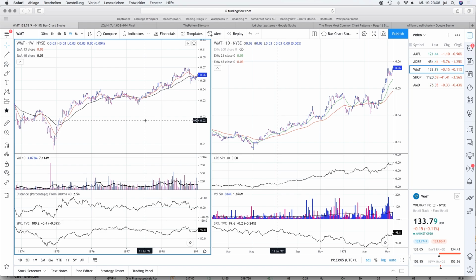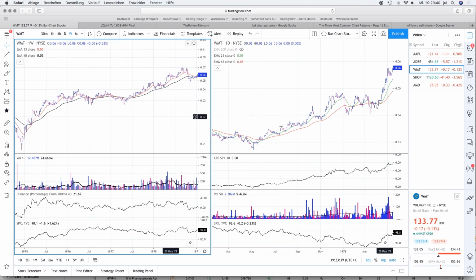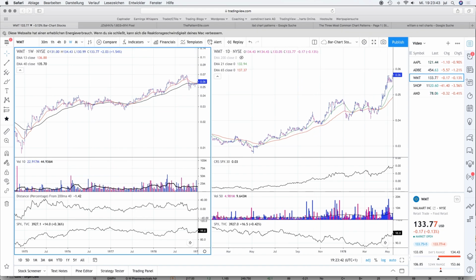And you can also study the very early years of the Walmart stock, when maybe almost nobody knew the company here, but you can study how it behaved in the early days. And you will be very surprised that a lot of companies we know today as mega cap and large cap companies behaved like small cap or mid cap companies, which maybe you are trading today. And you can study those price moves and also the volume